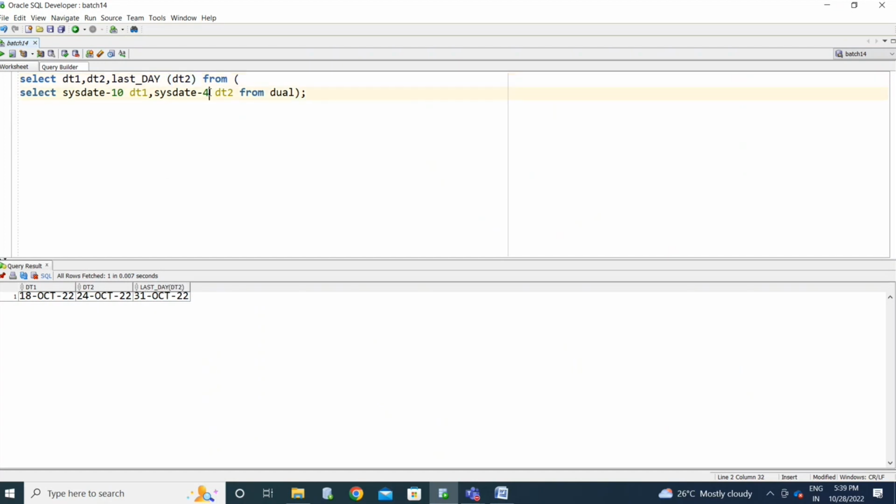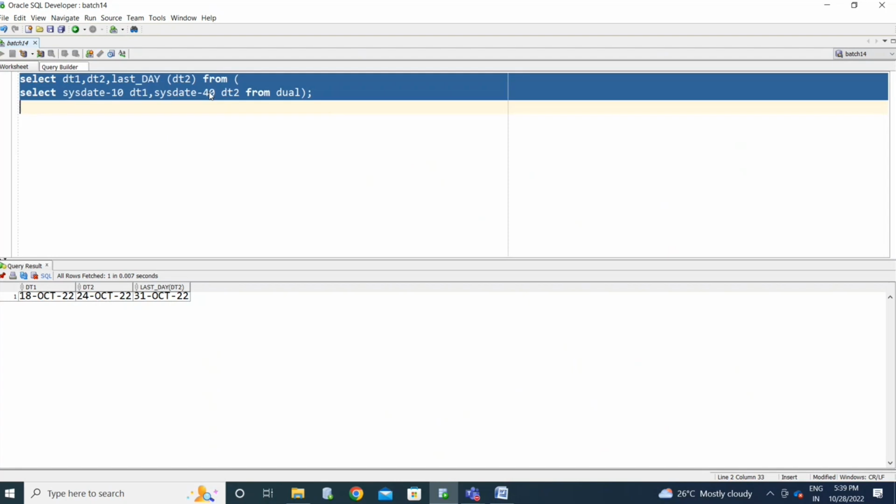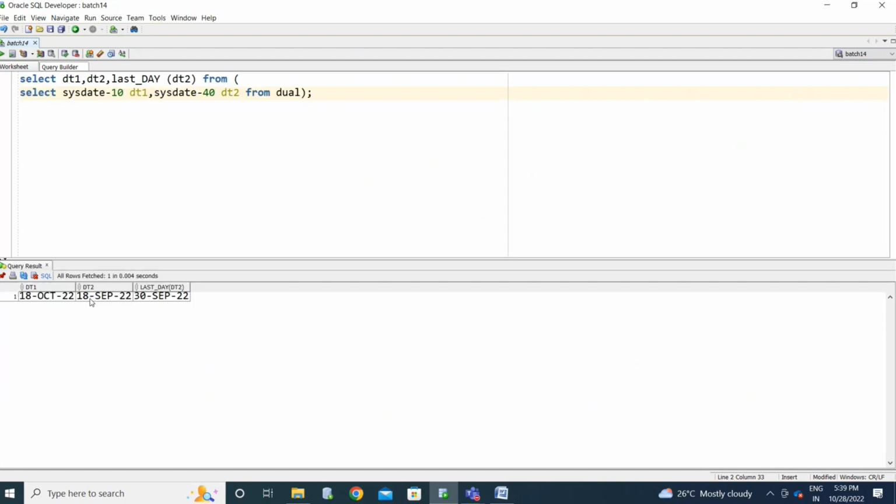If you pass 18 September, you get 30th September. If you pass a date in August, it will display 31st August. Whether you pass the starting day or ending day, it will display the month end date. You can pass any date.